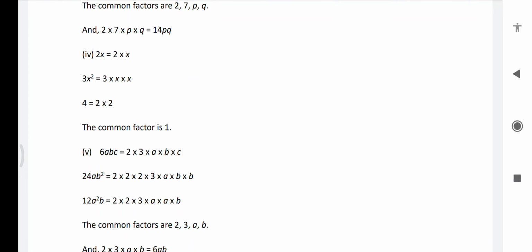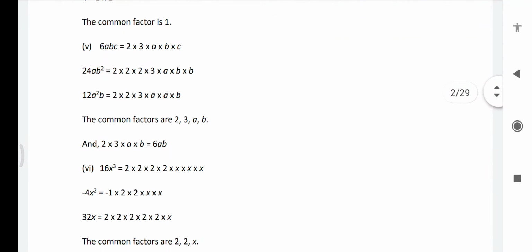So it means there is no common factor in all three. If there is no common factor, then we write only 1, because 1 is common in all the terms, in prime also and composite also. Suppose 3 and 2, so there is no common, but 3 ones are 3, 2 ones are 2, so 1 is the common. So 1 is the common in all factors, so we can write 1.